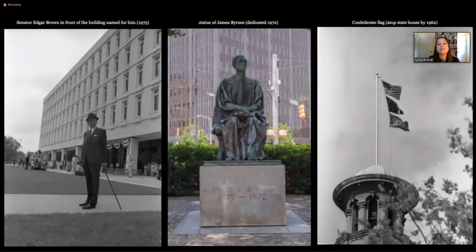All the new buildings were named after very senior legislators. One of them, Edgar Brown, actually died the week after one of the buildings was dedicated to him. And what was interesting to me in doing research about the naming of these buildings is that most of the people after whom these buildings were named had fought against Robert McNair for years for even building the buildings. They were fiscal conservatives that did not want these buildings to be constructed, and then they're named after them. Many of these legislators had fought very hard for the continuance of segregation. So they're fighting for the maintenance of that oppression that begins in the 19th century with slavery